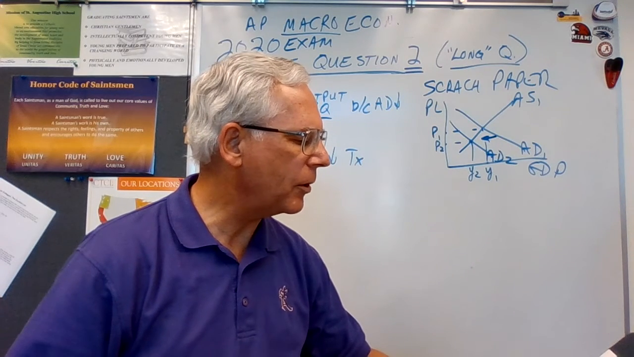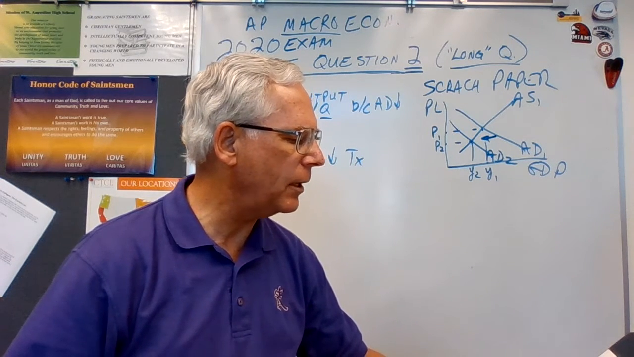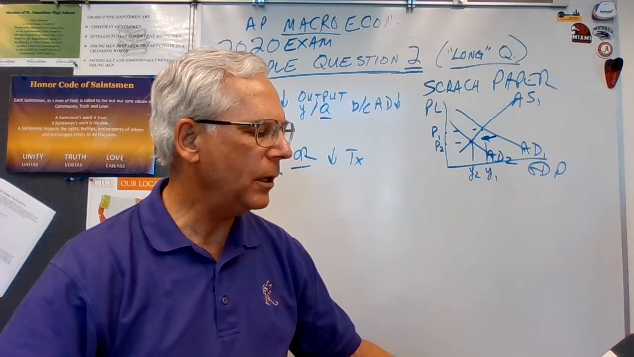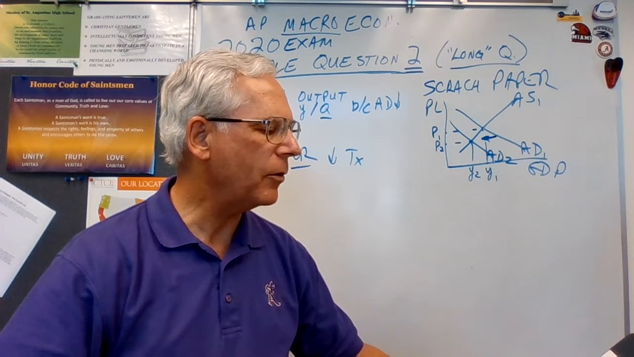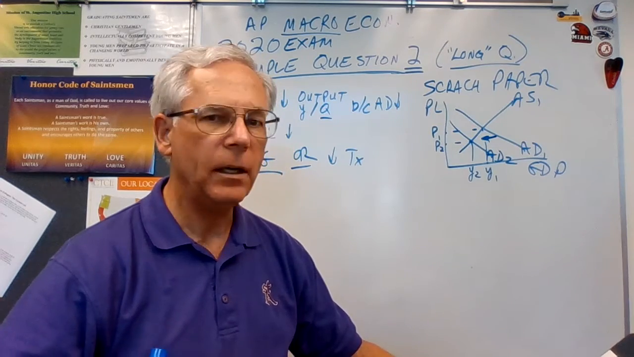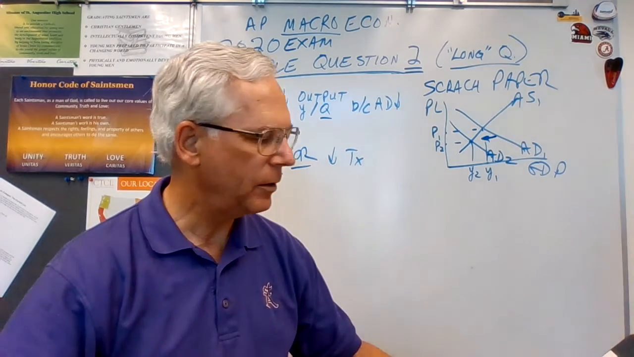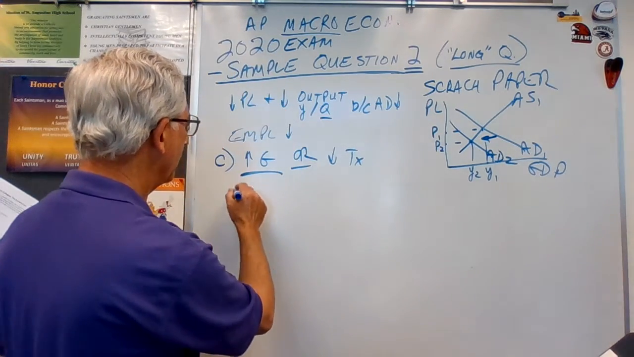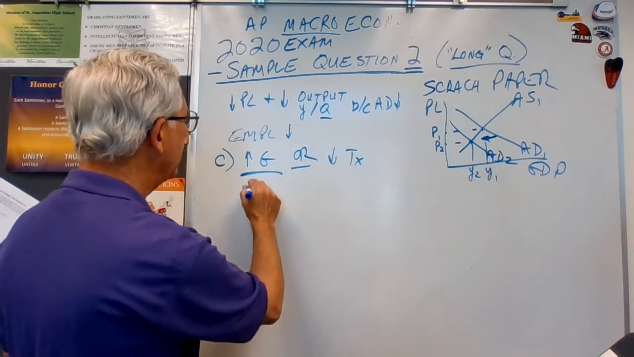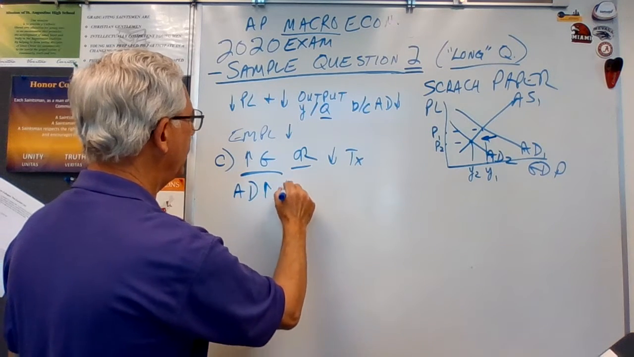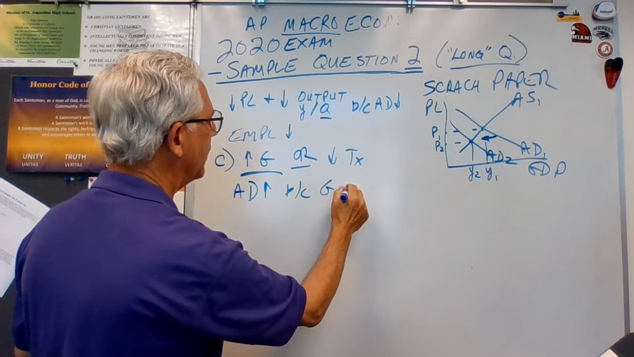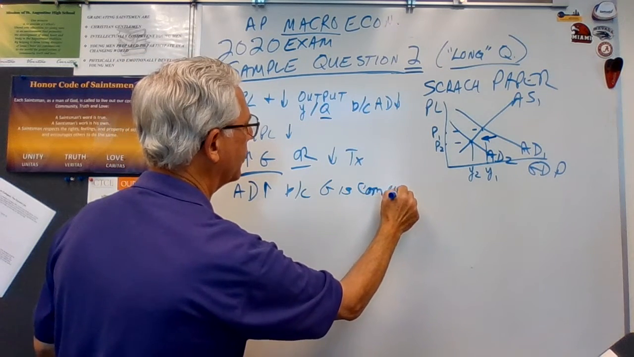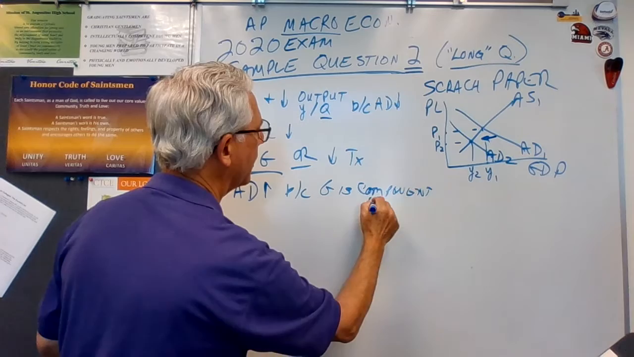Explain how the policy would affect each of the following in the short run. How will it affect aggregate demand? Aggregate demand will increase because government spending is a component of AD. You have to write that out, okay? So AD increases because G is a component of